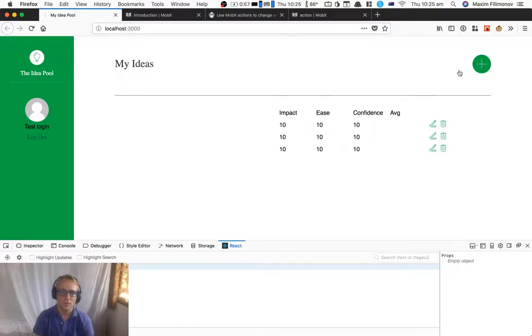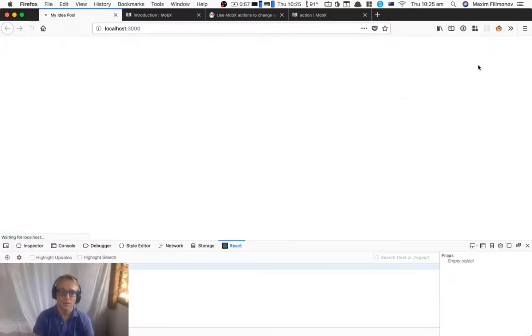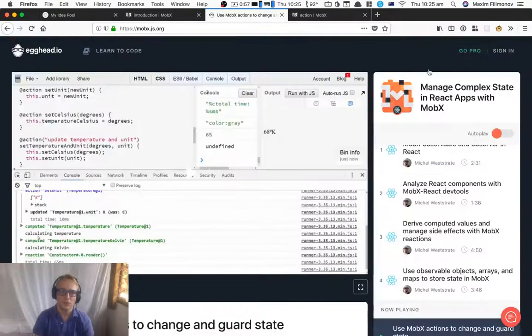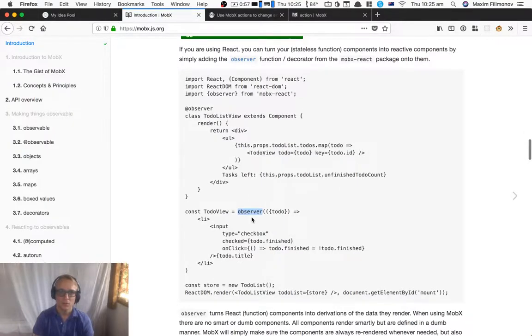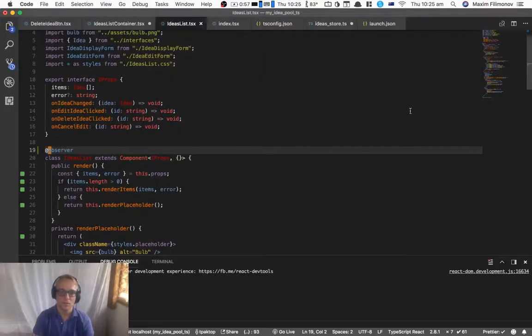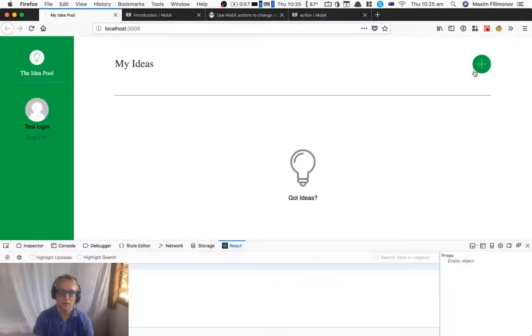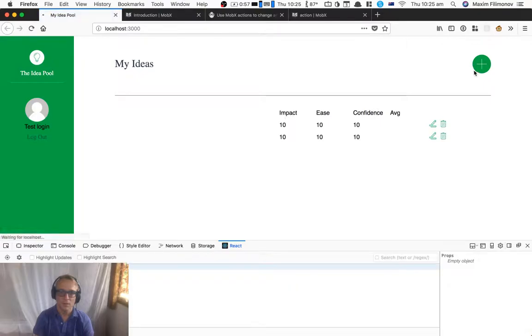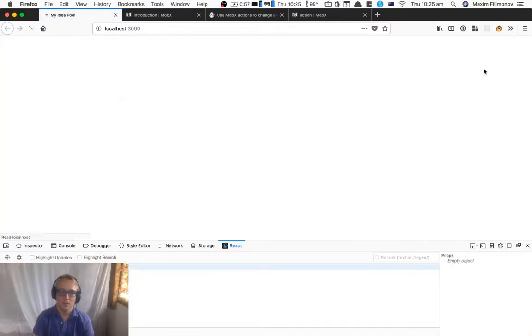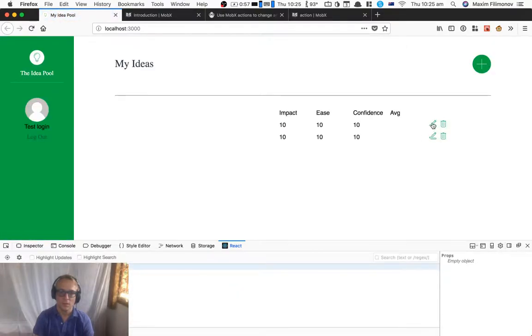Oh yeah, that's the problem. Interesting. So they're not doing this here. They're not marking this guy as observer. Oh yes, they do. Blind. So you need to decorate every part which is observing, because otherwise it doesn't detect that it needs to do anything with it. Interesting. Okay. So if we mark this as observed, this thing now works, and if we do this, that doesn't